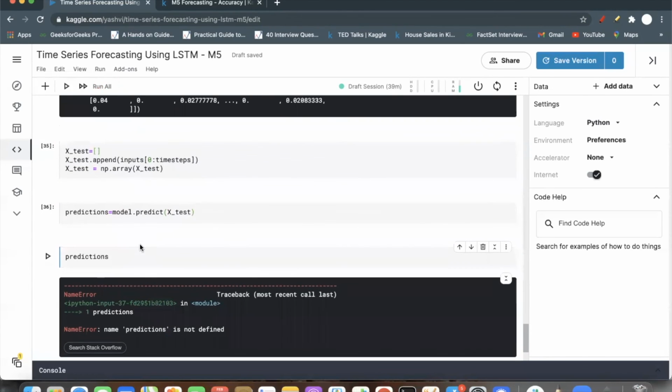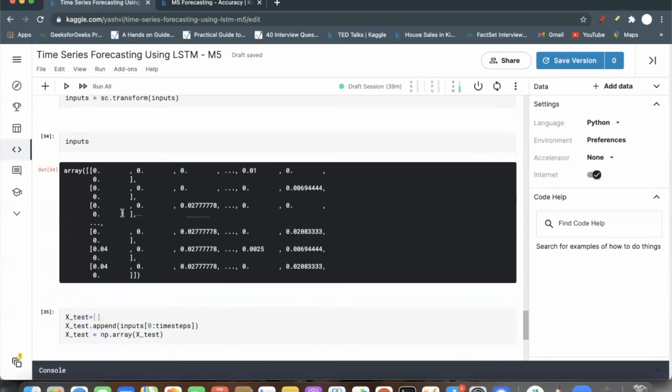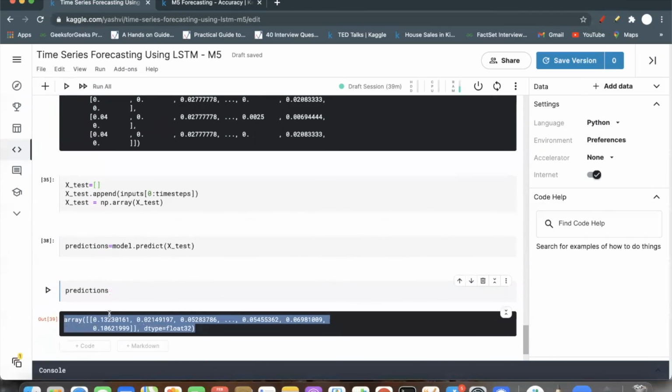So the sales of day 1914 is predicted. What you can do is append this sales to our X test and then take the last 14 days of sales again, and now recursively you can predict the next 28 days of sales.